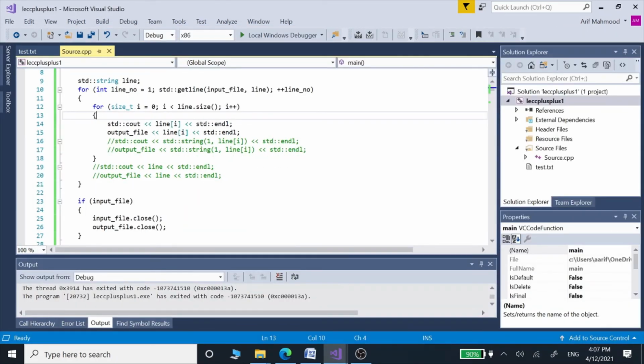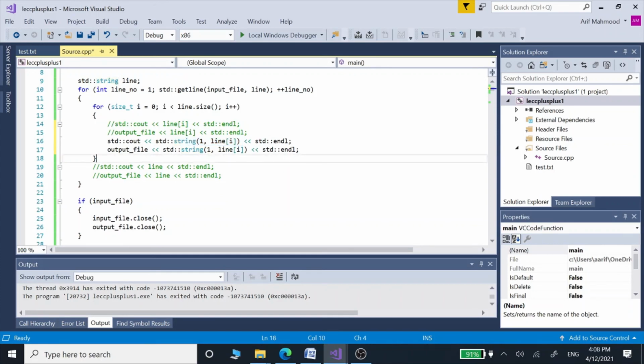And now if we want to convert our character type back to our string type, we can include these two lines, and we can comment out these two lines. Once we have commented these out, this is the string function which we are going to use on our character, and then we are going to convert it into strings like this.